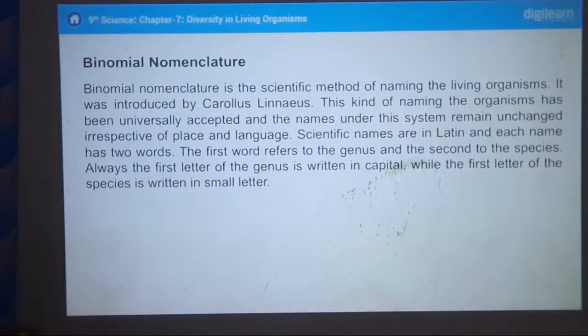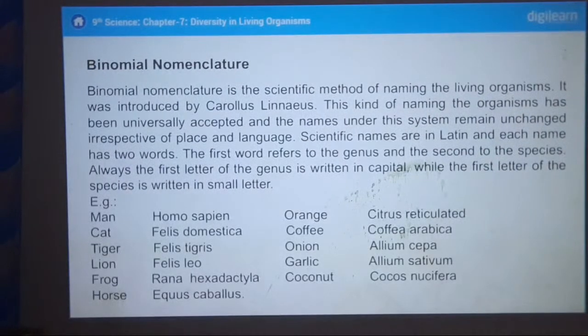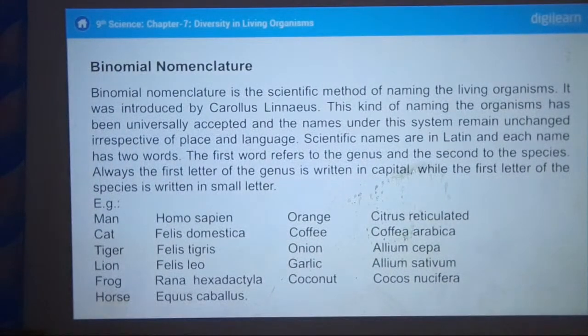The first word refers to the genus and the second to the species. Always, the first letter of the genus is written in capital, while the first letter of the species is written in small letters. Example, man, Homo sapiens, cat, Felis domestica, tiger, Felis tigris, lion, Felis leo,